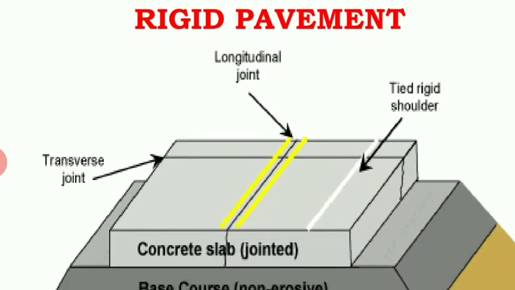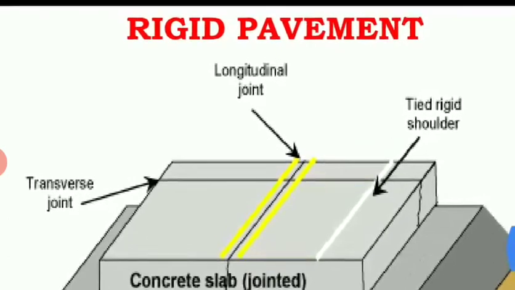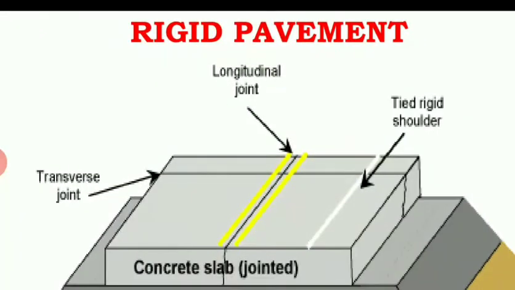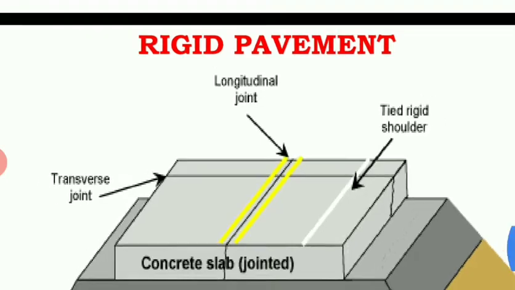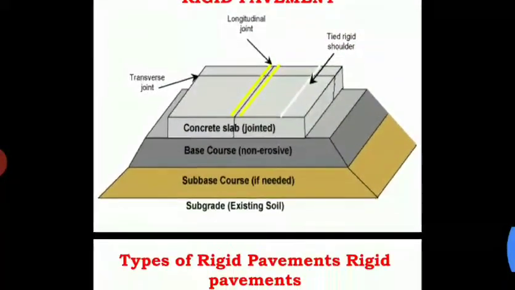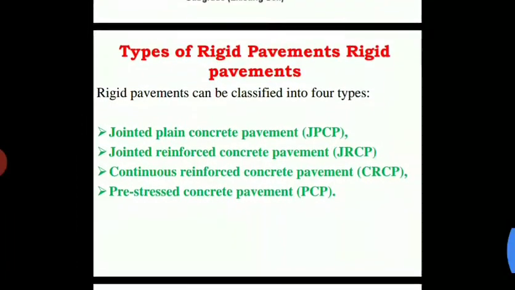Just in this particular concrete, this entire top layer which is made up of concrete, the binding material is Portland cement, and then the major part of the concrete is filled with coarse aggregate as well as fine aggregates. The longitudinal joints and transverse joints are there just to transfer the loads easily to the layers below without causing any cracks in the concrete part, right? So we'll move further with the different types of rigid pavements.